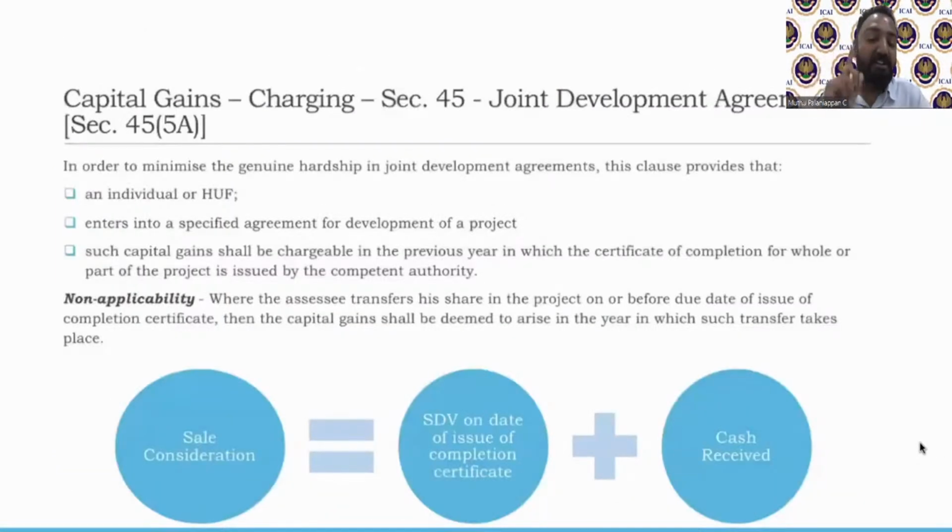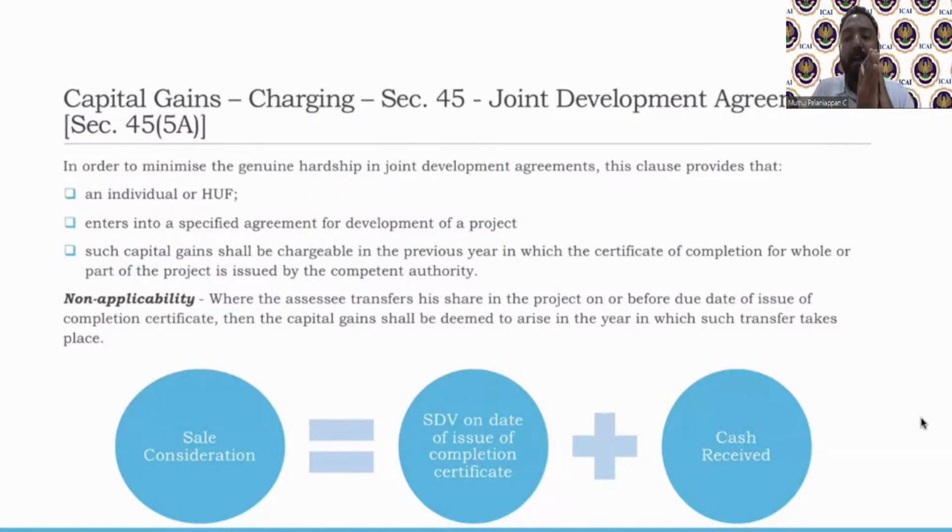So we are still in the concept of what? Section 45 is a charging section, but there are exceptions to it. In some cases, it is taxable not in the year of receipt but in a different year. We saw insurance, we saw stock, then we saw enhanced compensation. Now, the next thing we are going to talk about is the joint development agreement. If you recollect, sometime back, when we were talking about the concept of transfer, we said a part performance contract is also taxable.